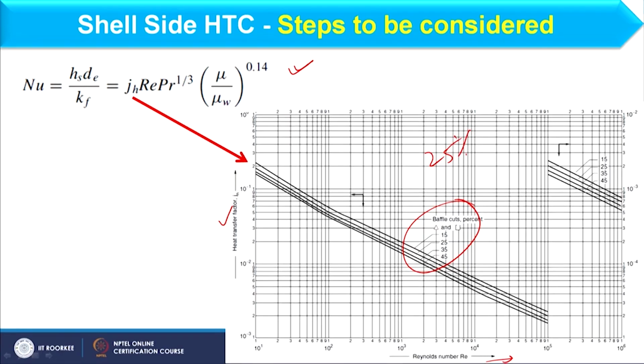That will be the initial guess. As baffle spacing we have considered 0.3 into ds as an initial guess. So, in this way you can find the shell side